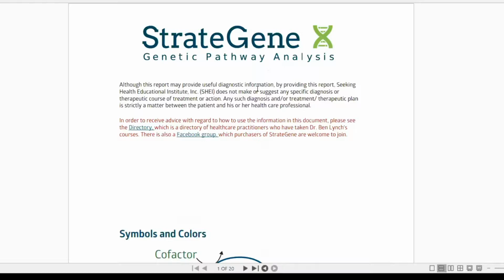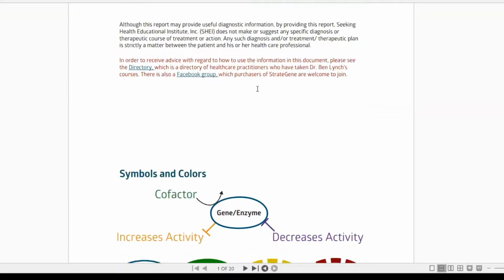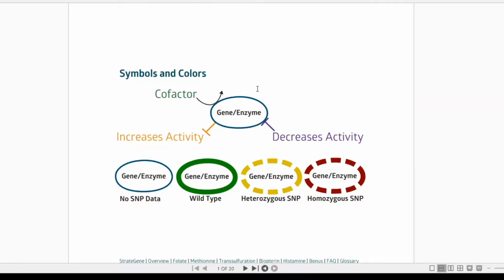Today, we are going to go over a Strategene report. The report I have is an older one from back in 2016 or 2017. The newer one is a little bit updated, but the concepts are still the same. So first, you have a key here, and this is going to give us how we can